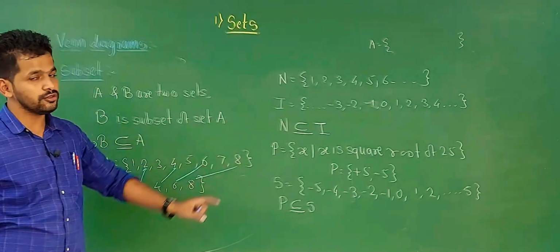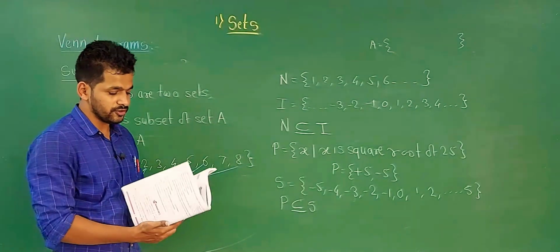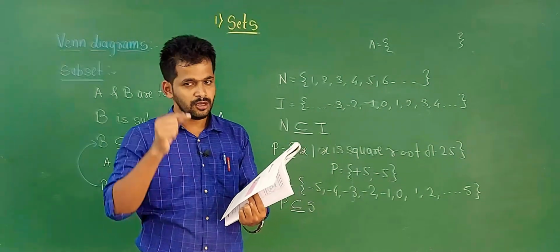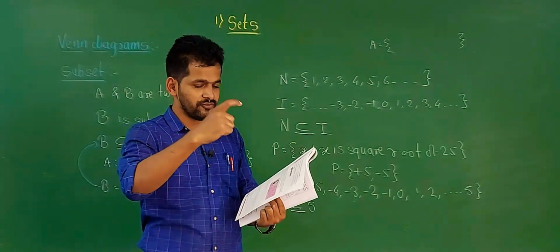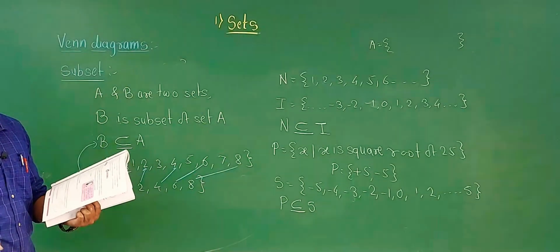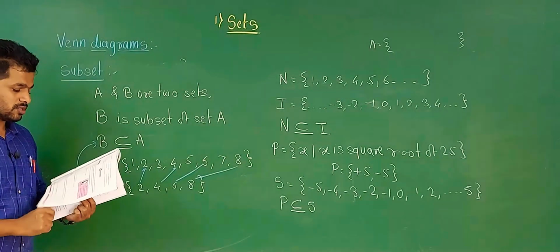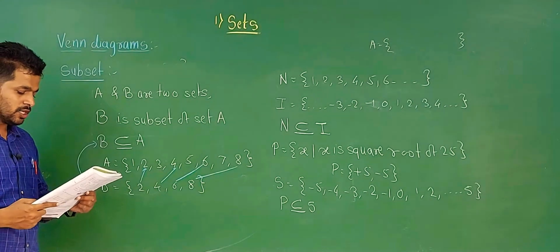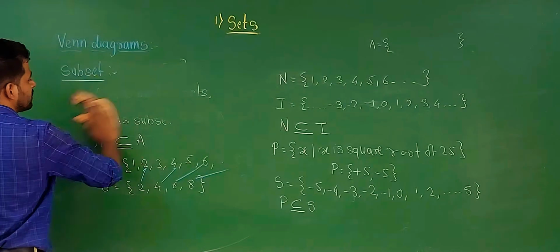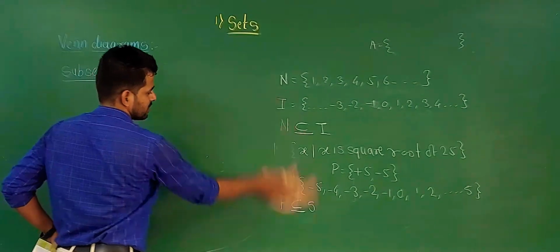Okay, so that one you have to write in your notebook. First you write the Venn diagram information on page number 7, the whole information figure. Then you write the definition of subset, it is also given on page number 7. Also examples number 1, 2 and 3. Now some points are given downside, remember this. Let's see, we take some points.